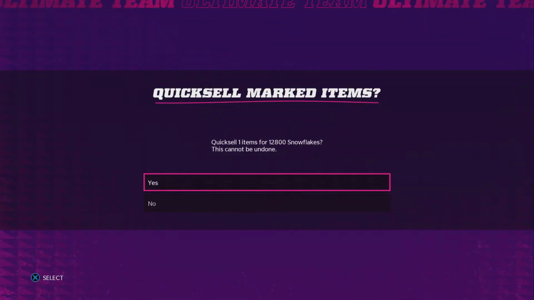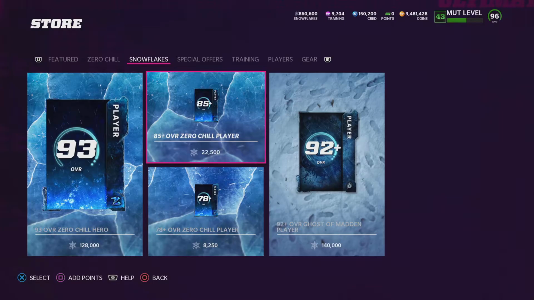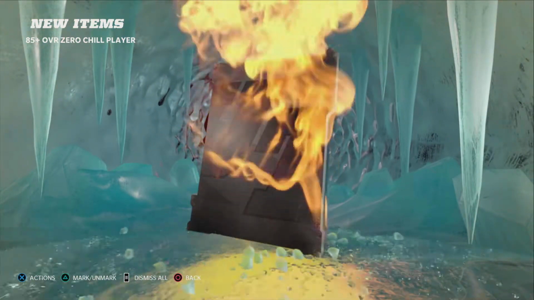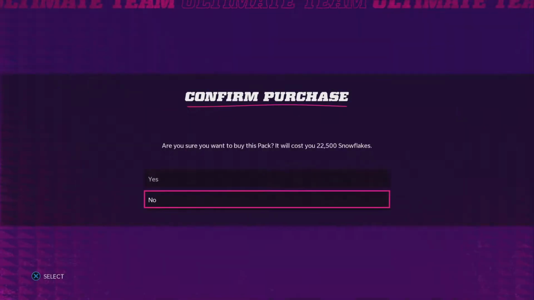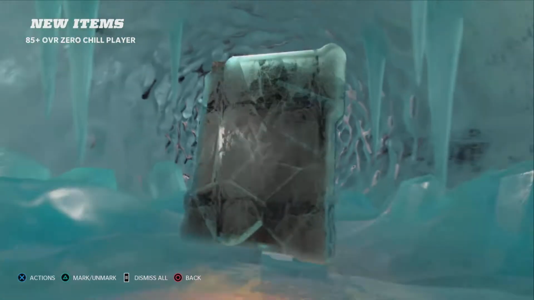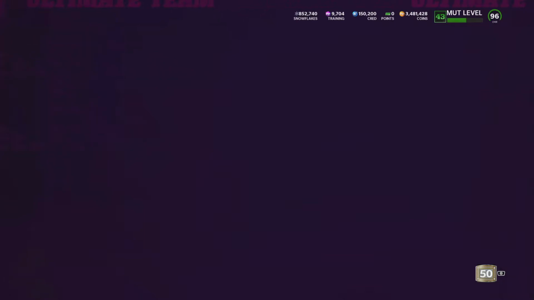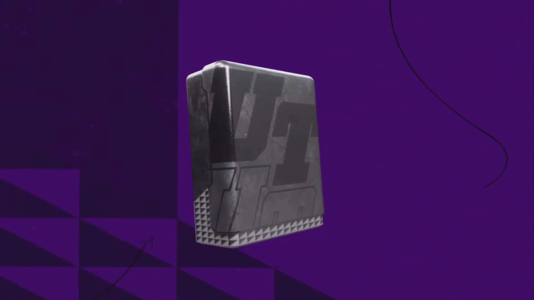So we get 87 David Long. In order to break even on any of these cards, you need at least an 89. So we're putting 22,500 snowflakes into each of these packs, as we do get an 89, and we're going to sell for almost 27,000 snowflakes. So anything under that, you are losing snowflakes. So the more 89s, 91s, 93s, obviously you can get, the better, because it's going to keep you above. As we get an 87, lose a few more thousand snowflakes there, and we are sitting at just over 850,000 snowflakes right now,